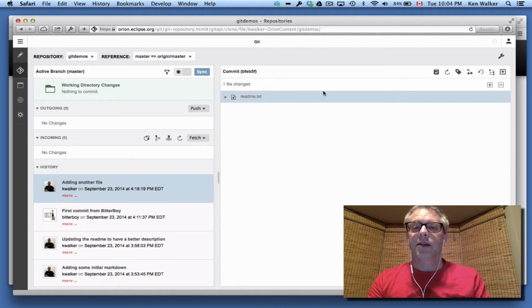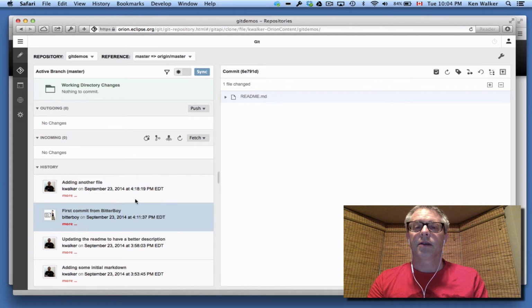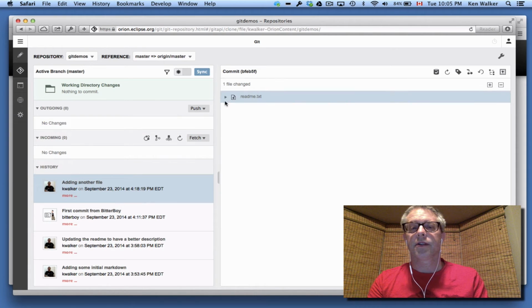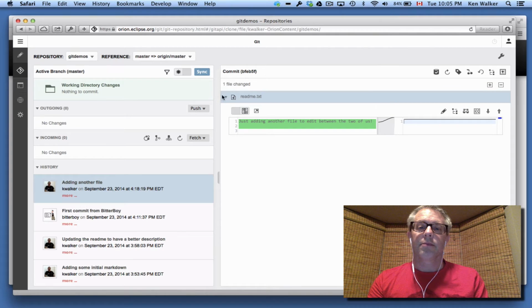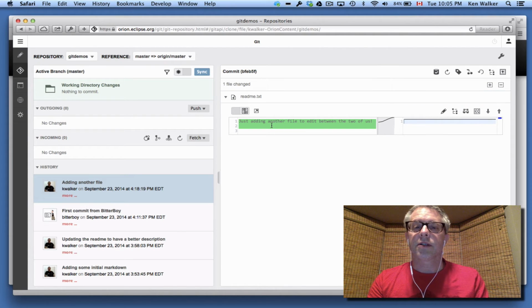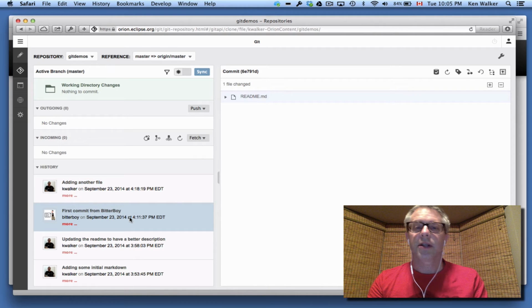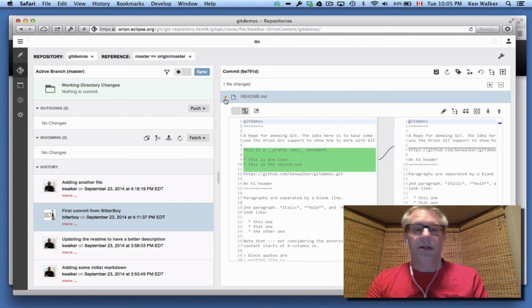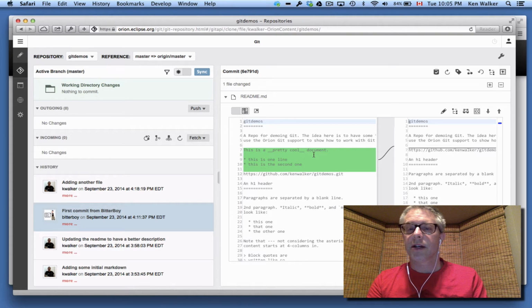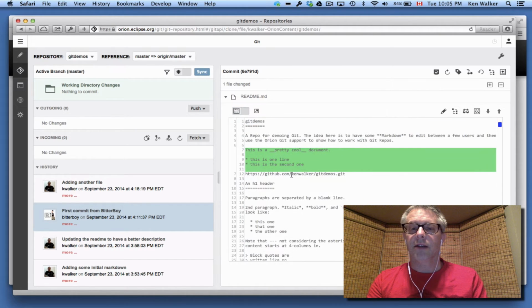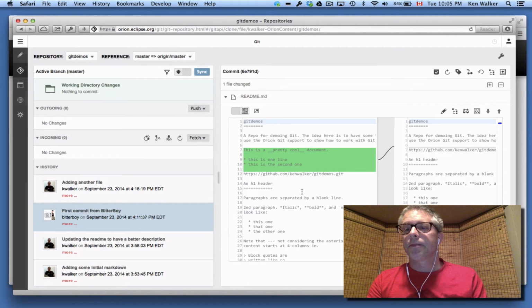Over on the right-hand side is information about the commits. So this is the files that have changed, and you can see the differences in those files by opening the triangle. So this one is just an addition of a readme.txt or added a little information. Here's the first commit from Bitterboy over on the side. We've got side-by-side comparison. You can also turn on inline comparison for that commit,